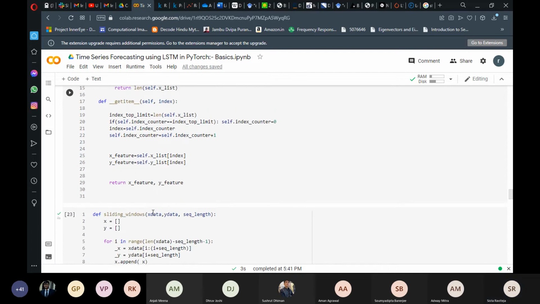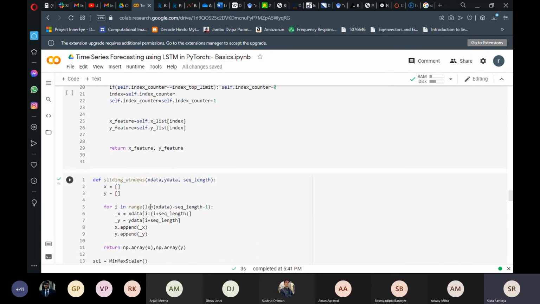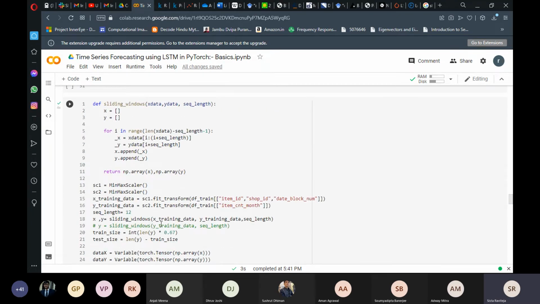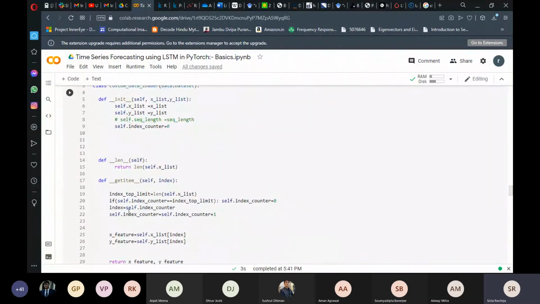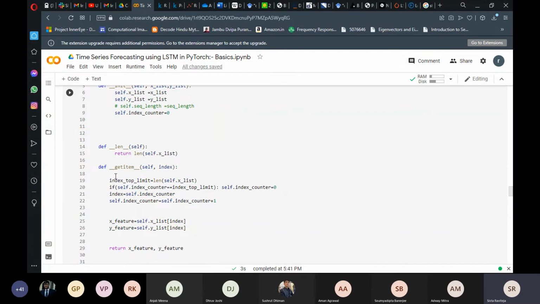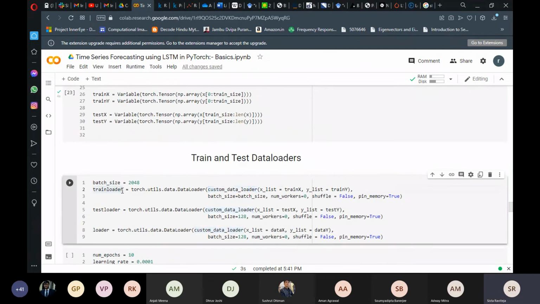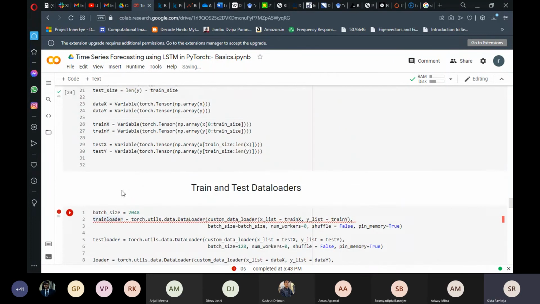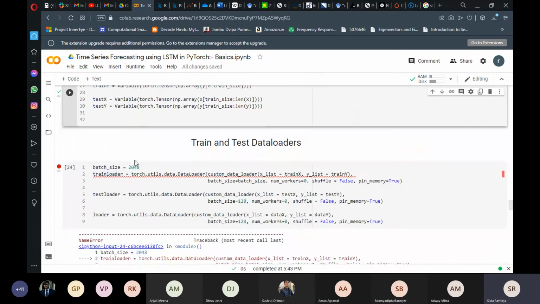Okay. Now, if you are really good at programming, you can exploit this custom data loader to the maximum extent by putting the sliding window and the other functions that we have done here into this custom data loader by defining multiple functions. Also, you can use this to deal with the categorical encoding of particular columns and other things. So this particular thing will allow us to, okay, I did not run this, sorry. So this will run this one.